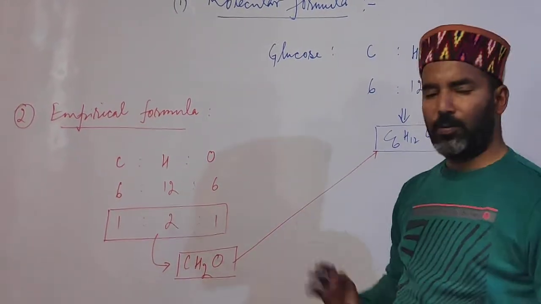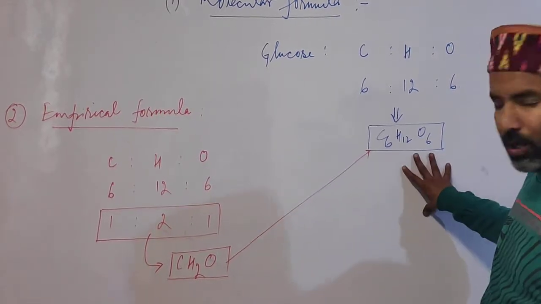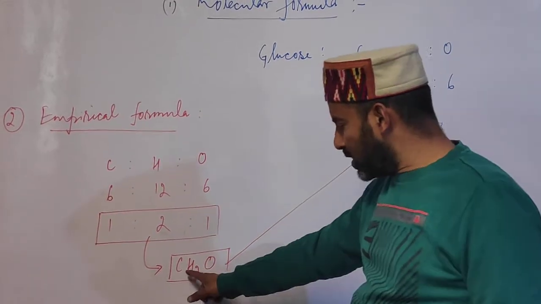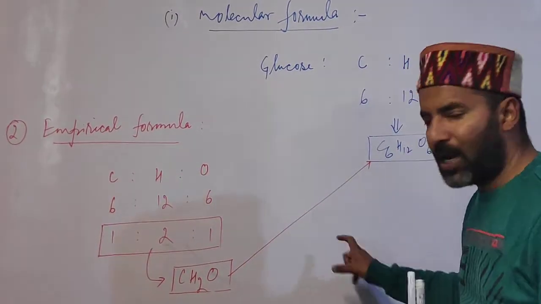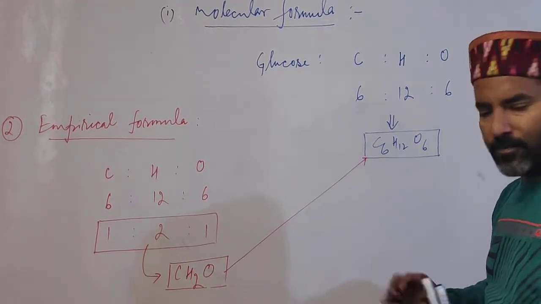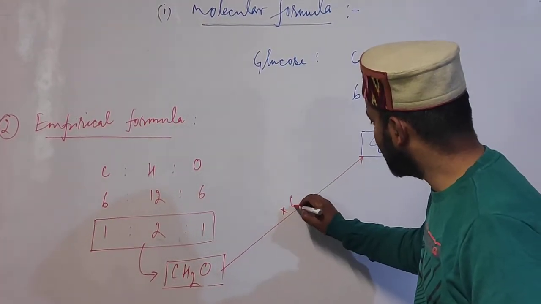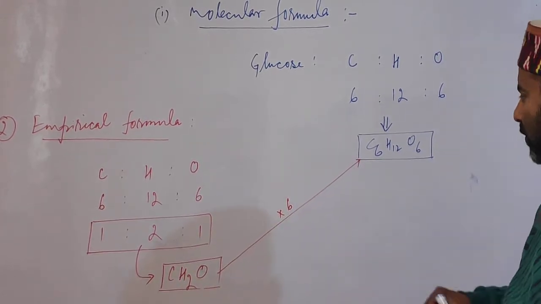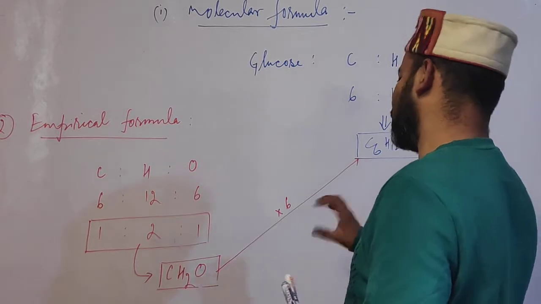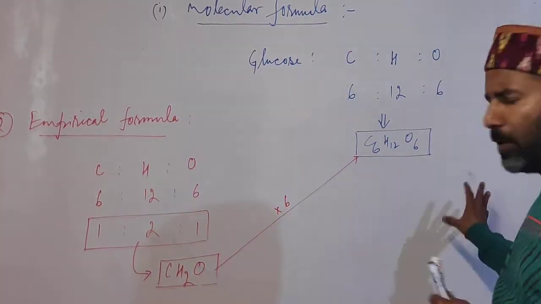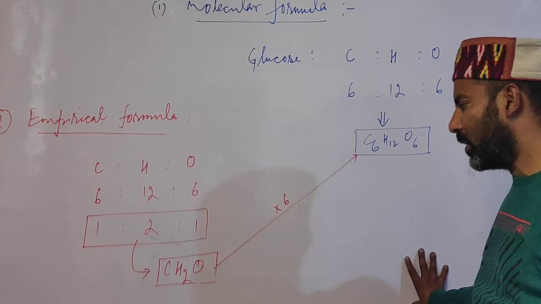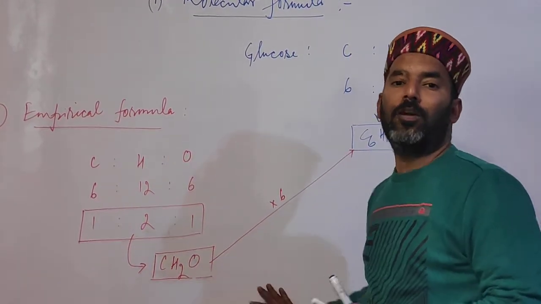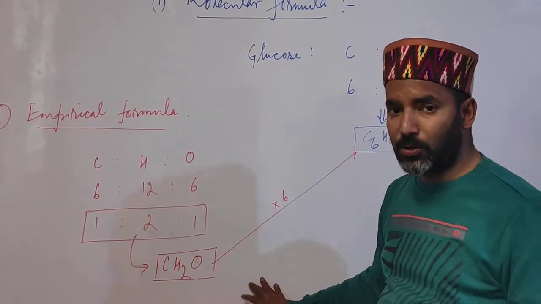If this is the empirical formula of a compound and this is the molecular formula of that compound, then what is the relationship? Think, by which integer do I have to multiply this formula so that this becomes that? Students, I think I will multiply this by 6 and it will become glucose. And students, if I multiply it by some other integer, some other compound can also be formed. So this means 2 or more compounds can have the same empirical formula. So remember, students, the same empirical formula